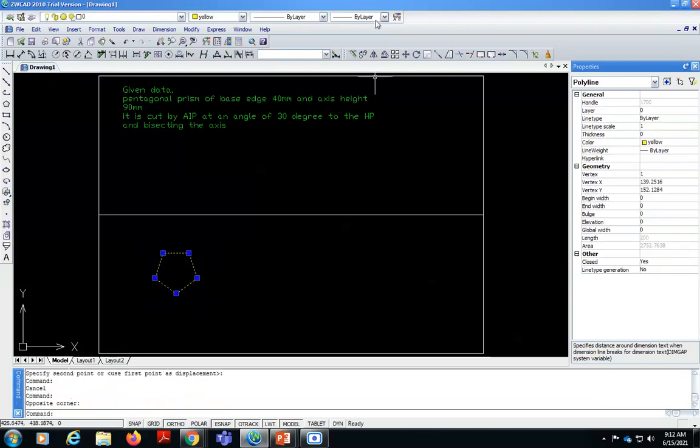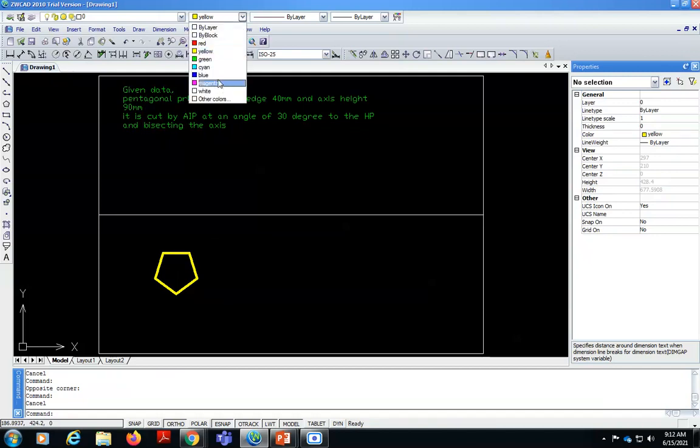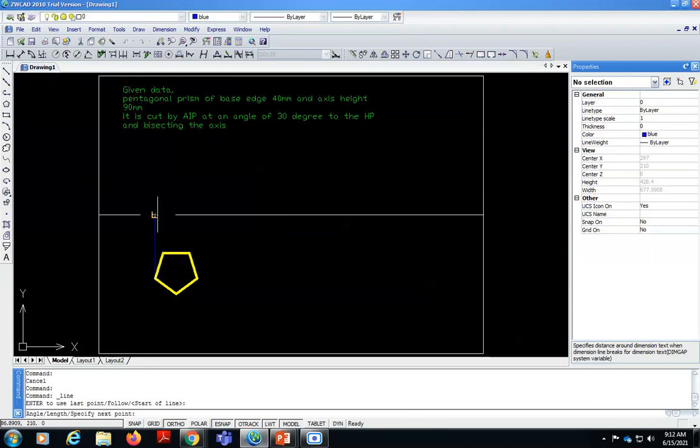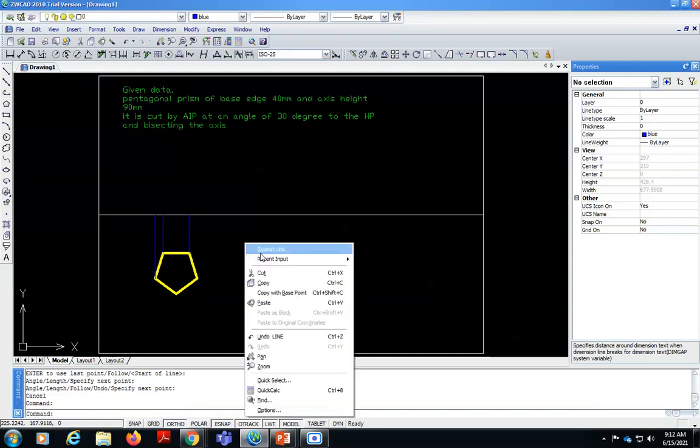Change the thickness of the base. So this is the top view. Now project all the points towards the reference line, like this.